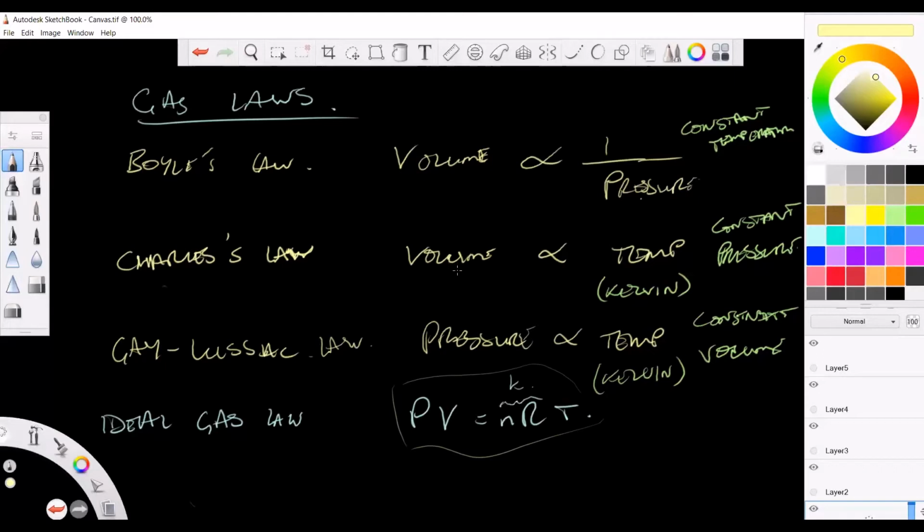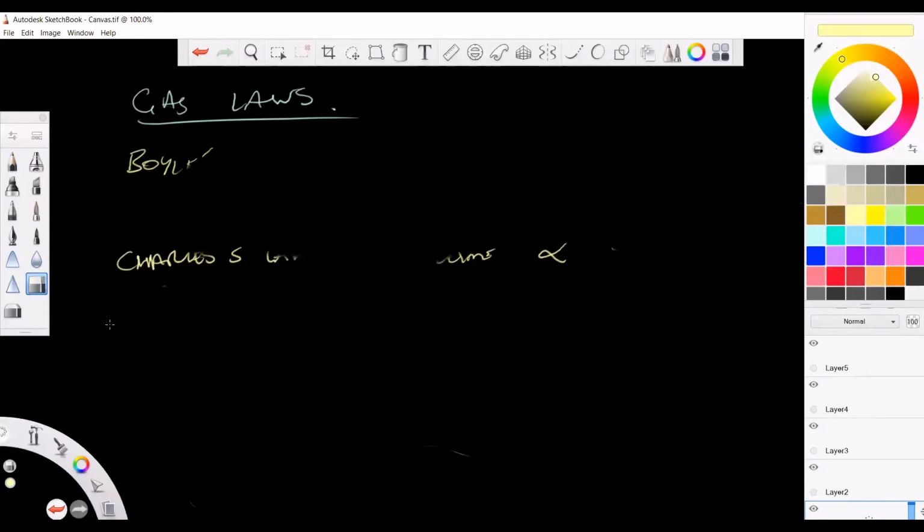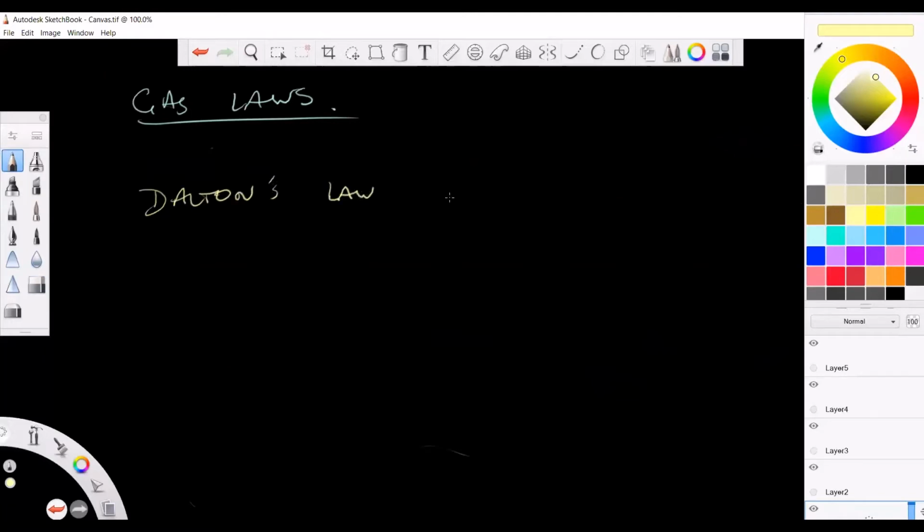Okay, that's the gas laws then. Any questions on the gas laws? Okay, good. The final thing then is Dalton's law of partial pressure. I don't think you need to remember it's named after Dalton, but I don't think there's been any questions. I think technically it's in the syllabus. Dalton's law. This is sometimes known as the partial pressure law,